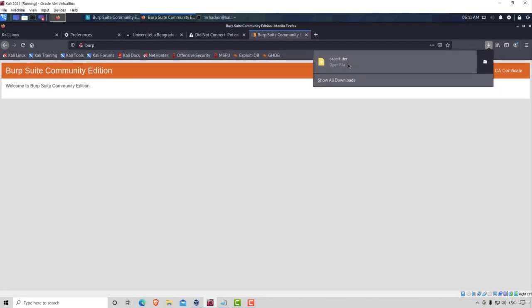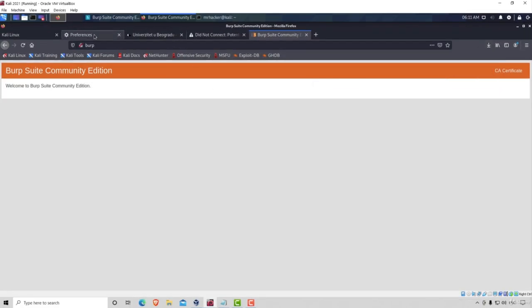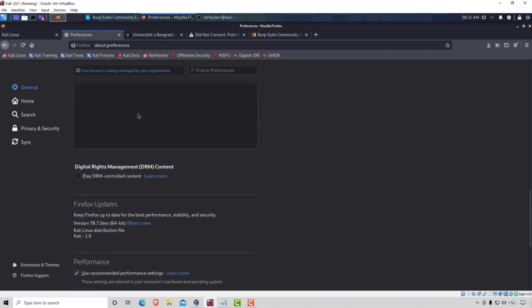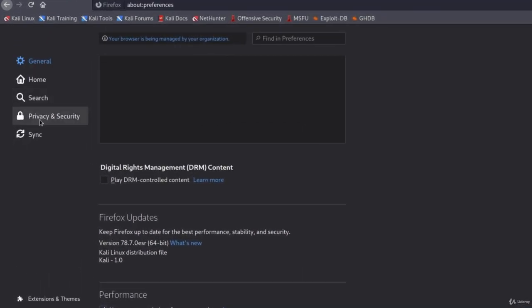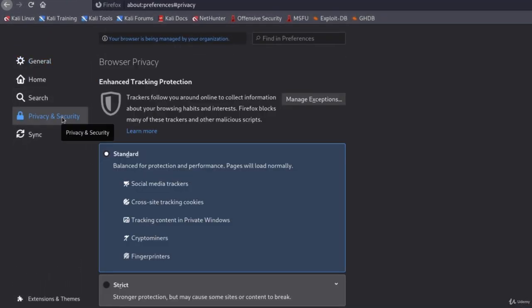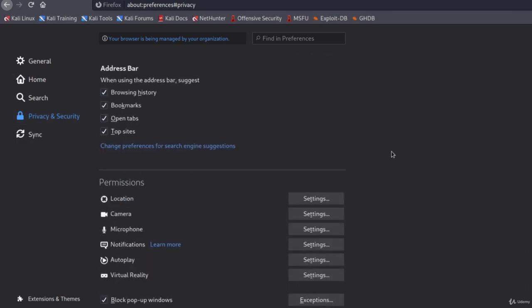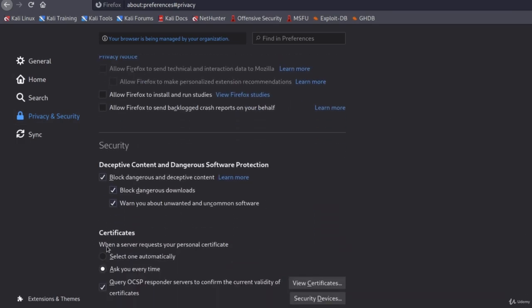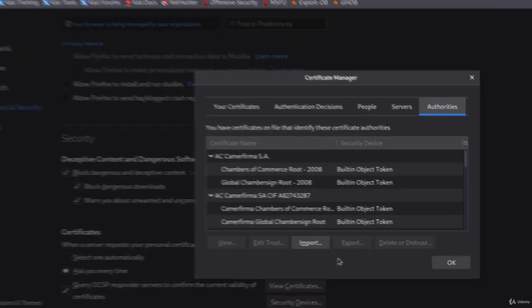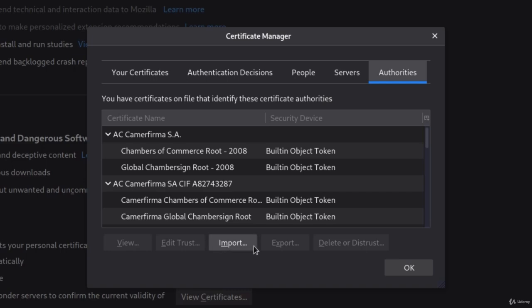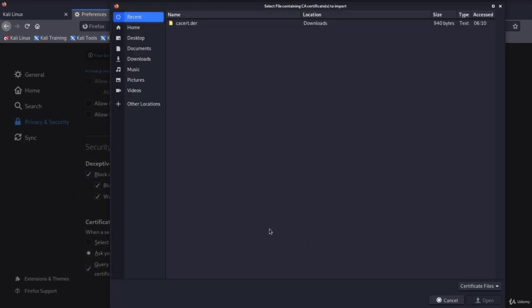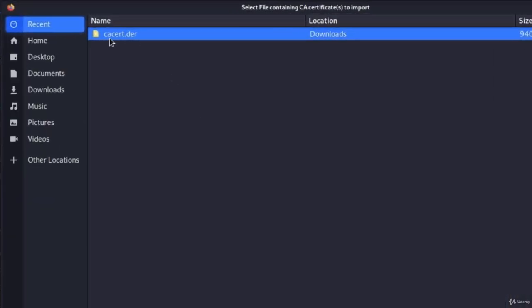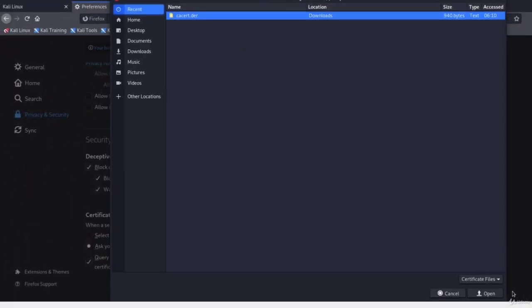After we do that, we want to go back to our Firefox settings and navigate to the Privacy and Security tab. Once again, we want to scroll all the way down until we get to the option that says Certificates right here. Then click on View Certificates, and here we want to import the file that we just downloaded. How can we do that? Well, simply click on Import, navigate to the Downloads directory and select the file that we just downloaded